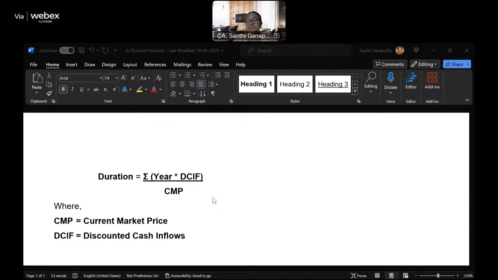So, up to this, okay. Now, we also discussed convexity. Convexity provides additional insight beyond the duration. Convexity is the correction factor. Because when a small change in interest rate happens, duration is okay. But if the change in interest rate is large, then we cannot use duration. We would much rather use convexity.